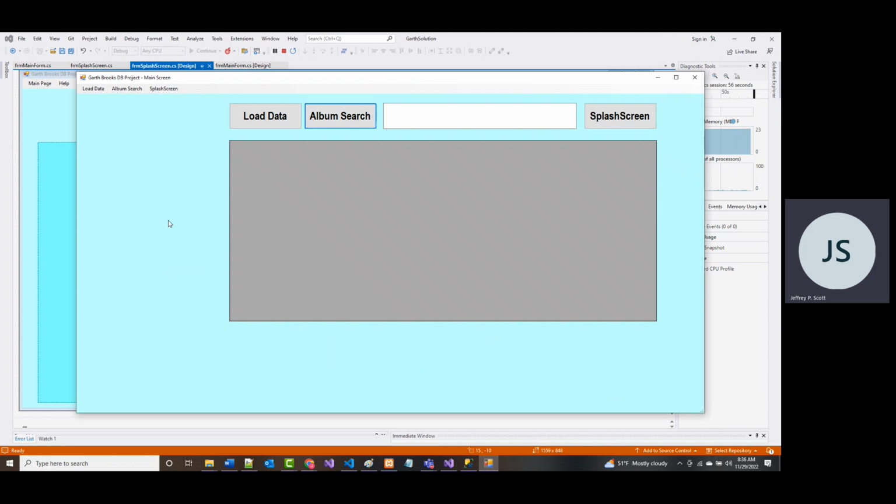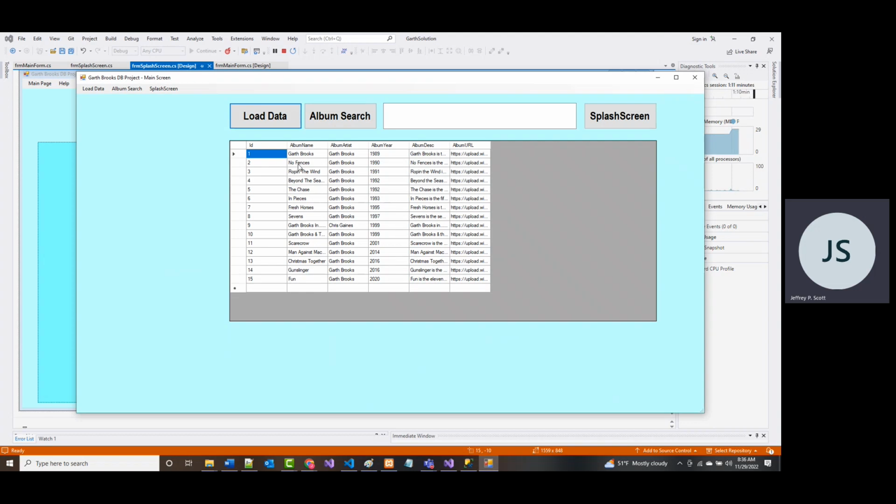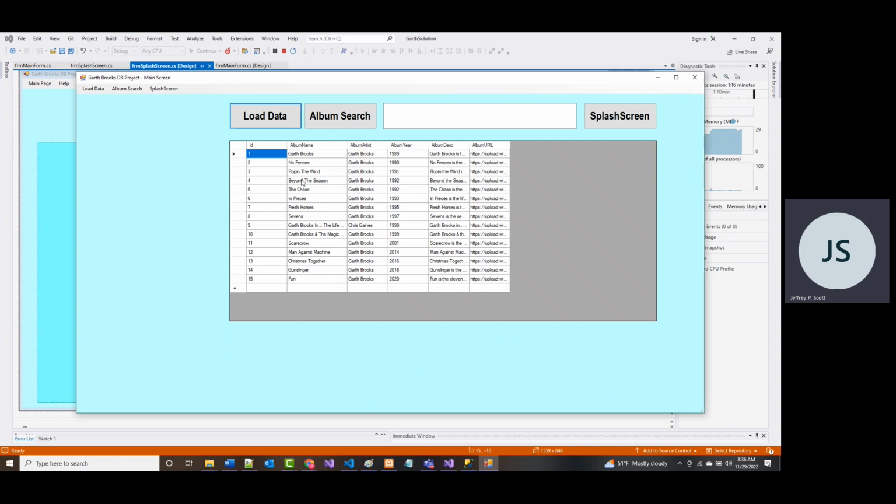And the reason that we did that is in not too long of a time, what we're going to do is we're going to come in and right here, we want to be able to add another picture box so that when you load the data like this, if you chose beyond this, what is it, beyond the season right there, a picture of that album is going to appear right here. Now, is that neat a thing? No. All right, did we have to do that? No. It's just something that I decided to do. That's all. That's all I'm going to say.